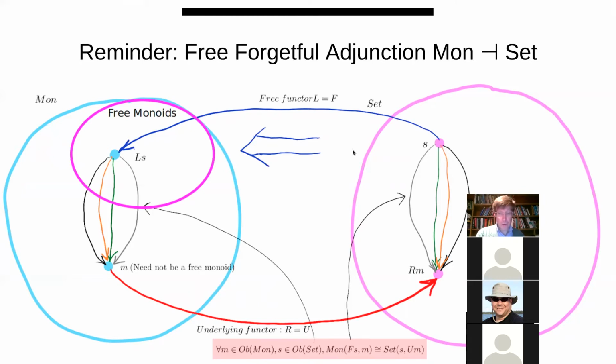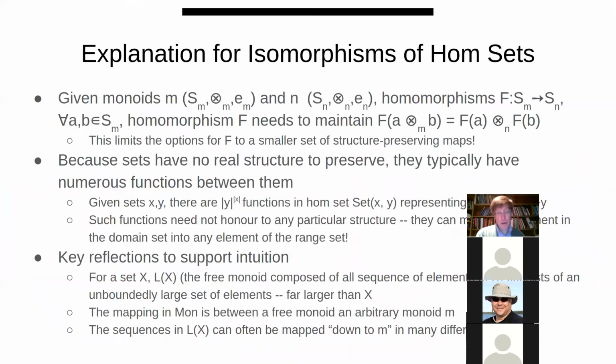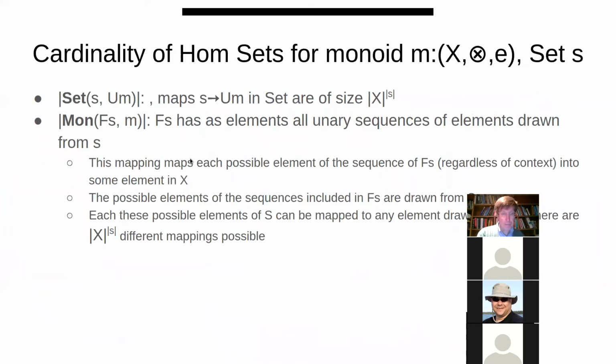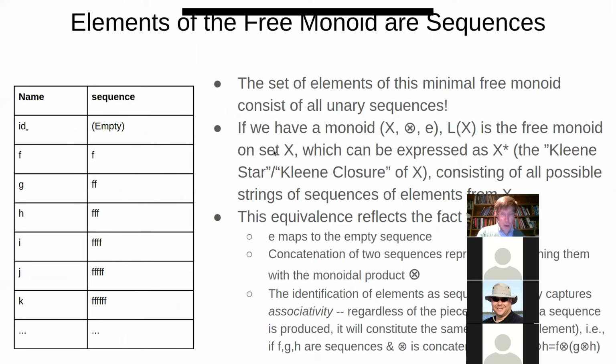So, if those three elements are A, B, C, we'll have the empty sequence, and then we'll have A, or B, or C, and then AA and AB and AC and BA and BC, etc. Sequences of all different lengths of those. Okay, so